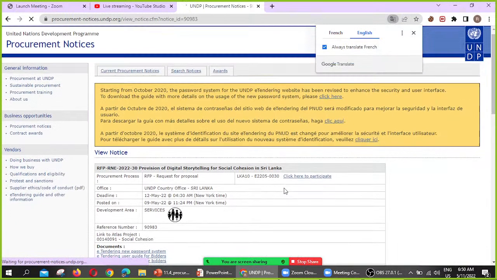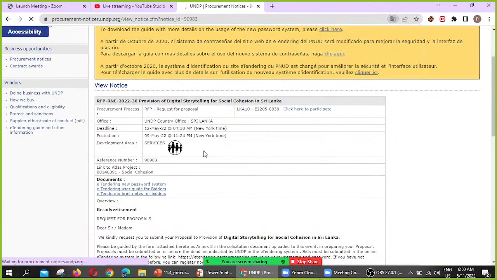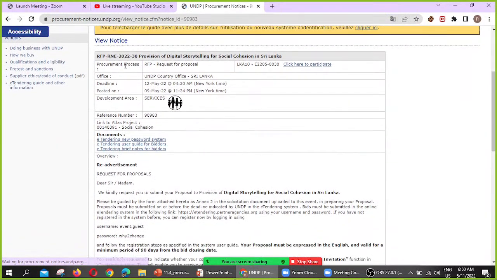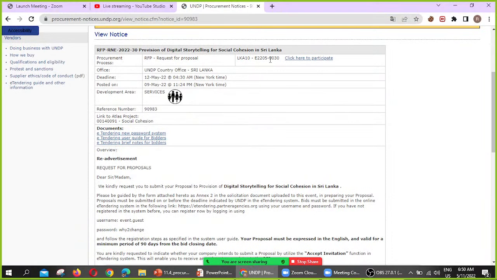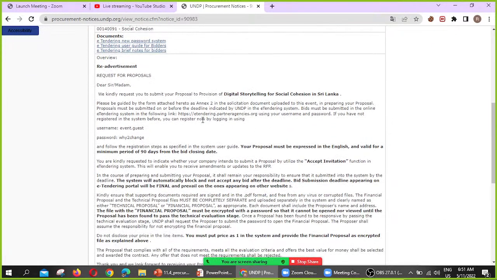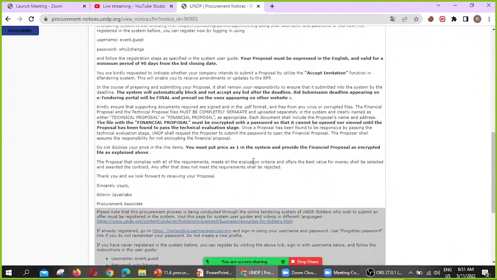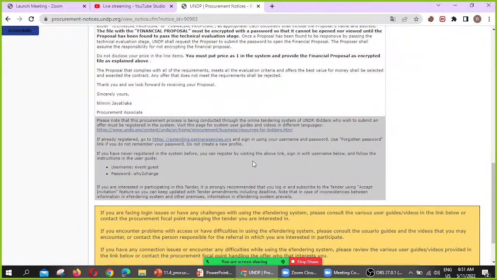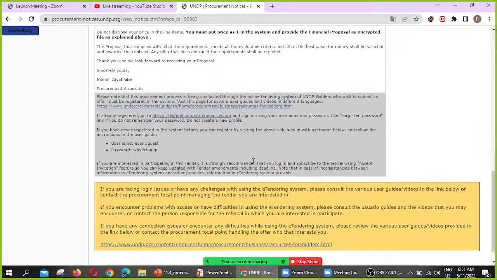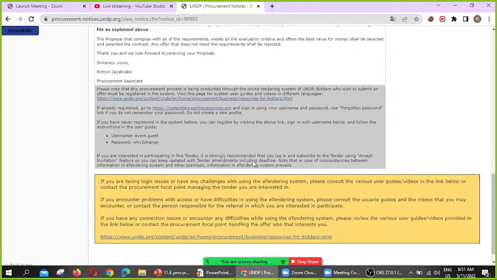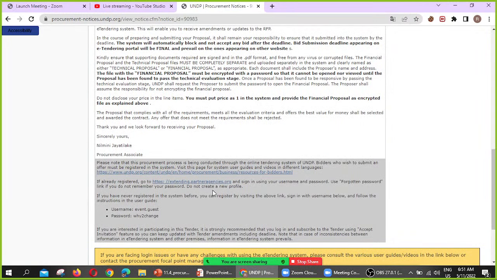It's a service. Here, procurement process, the UNDP country office advertised a request for proposal: digital storytelling for social cohesion in Sri Lanka. So this is the invitation for bid, and they can get more information regarding this.